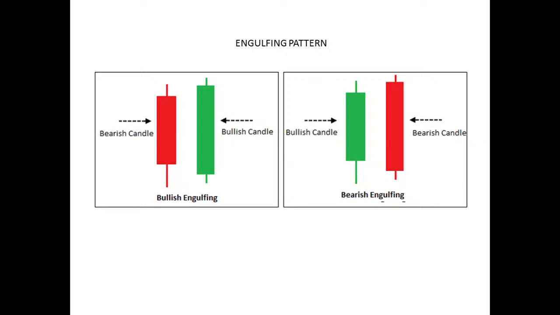All right, so engulfment comes in two types. If you look at these two different image sections, the one on the left-hand side shows a red candlestick and a green candlestick. We are using red as the bearish candlestick and green as the bullish candlestick. Here we can say the bullish candlestick has totally engulfed the red, which means the buyers are in charge of the market right now. That's the explanation or conclusion we come to.